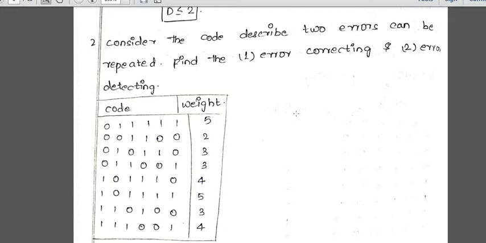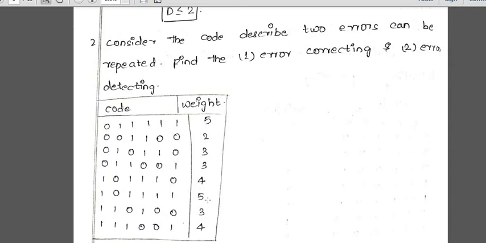Now what you have to find here is small t as well as the d value. What is the t formula? t equals (d minimum minus 1) divided by 2. What is d minimum? The minimum distance in this particular code word. So what is the minimum distance that you have got here? Here you have 5 non-zero elements, so here you got 2 and here you got 3. Depending upon the code words that are given already, you have got the weights, and that is nothing but your minimum distance also. Now you have to tell me what the minimum distance is, do this problem and send it to me as the assignment.